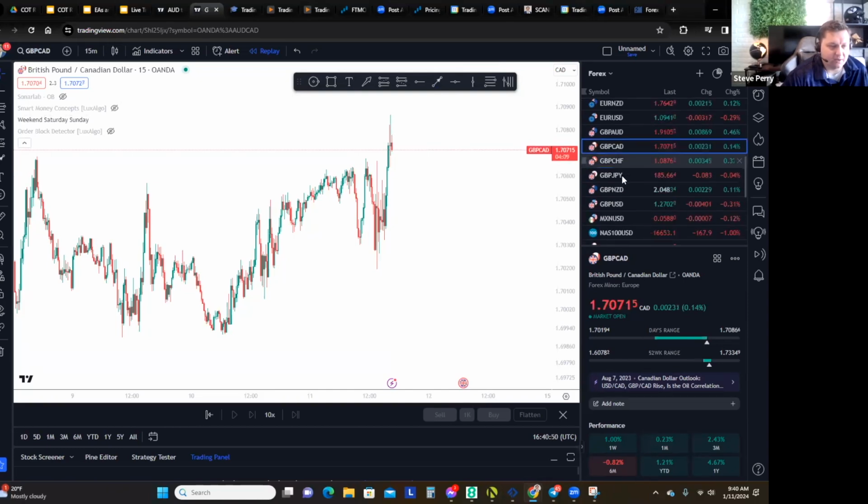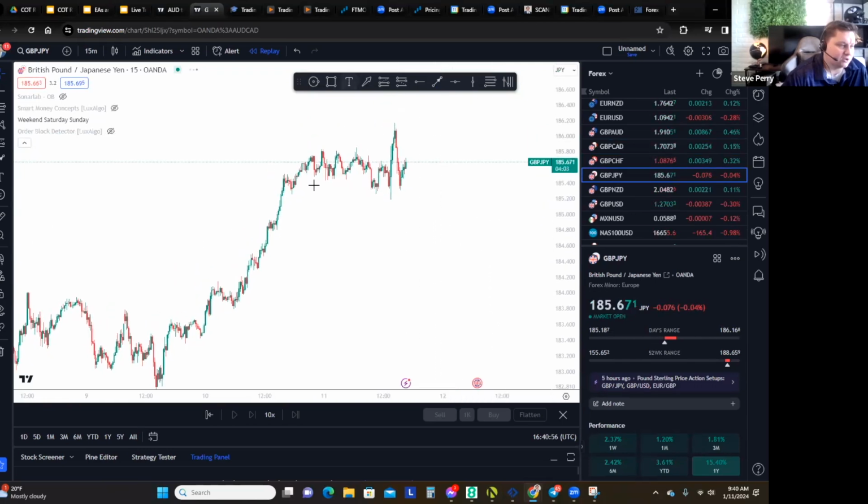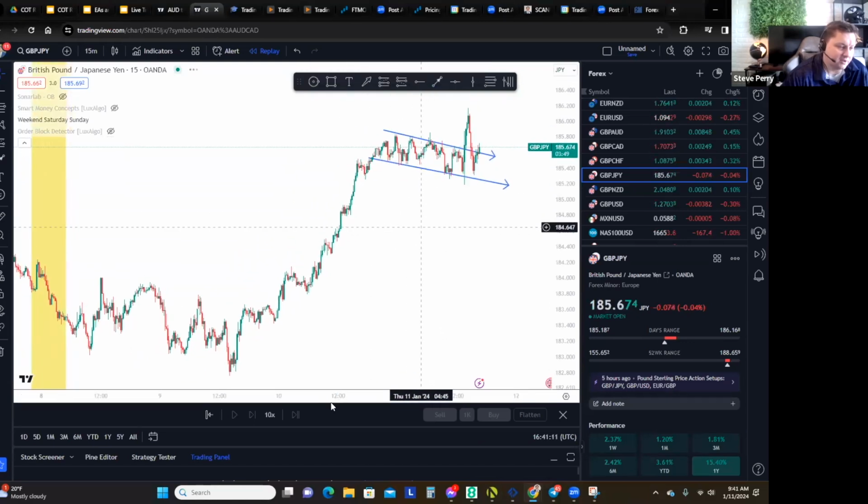So the next one is the pound yen. That's one of the other ones this week. This has been doing great. It's kind of flagging as well right now. There could be places to buy in this flag, but I hate to do this because